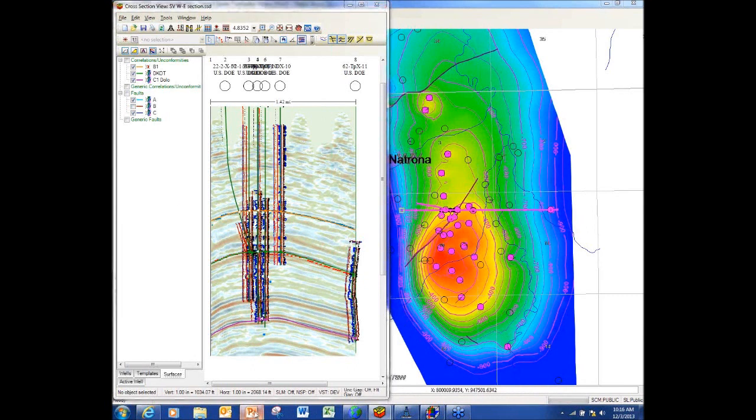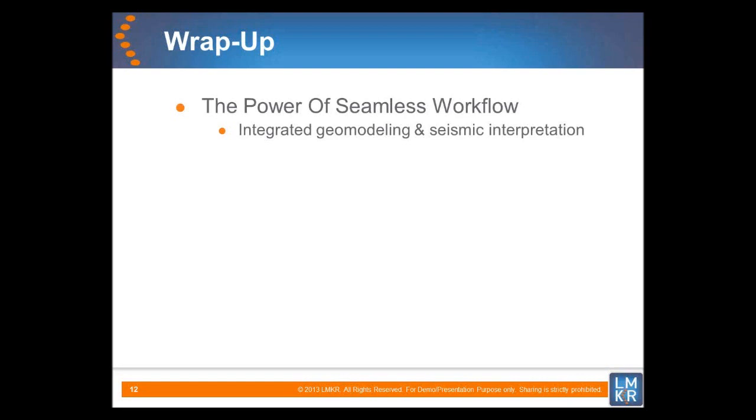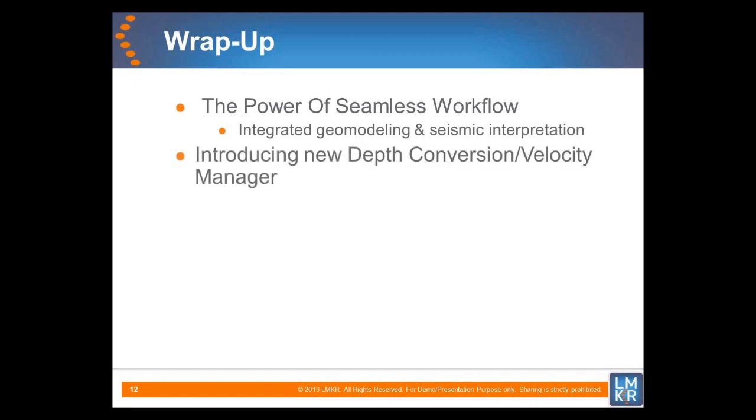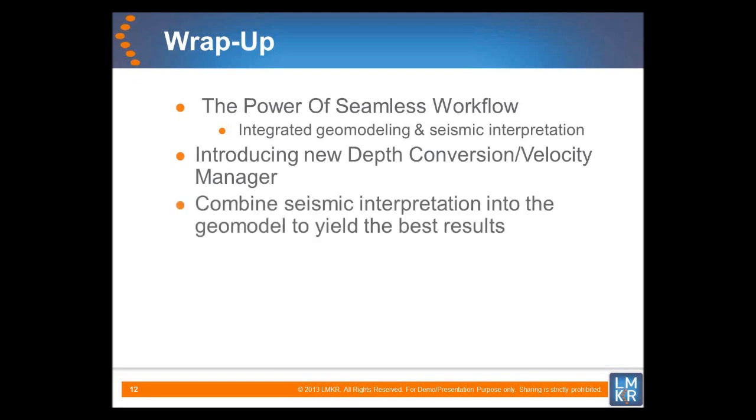So let's wrap up. What have we done? We've integrated both domains of geology and geophysics together because there really is a 3D view of the world. The geophysical view is a time view, the geological geomodeling view is a depth view, and they're integrated through a much improved velocity model in SeisVision 64. I introduced the new depth conversion and Velocity Manager modeling tool and combined those interpretations to give us the best